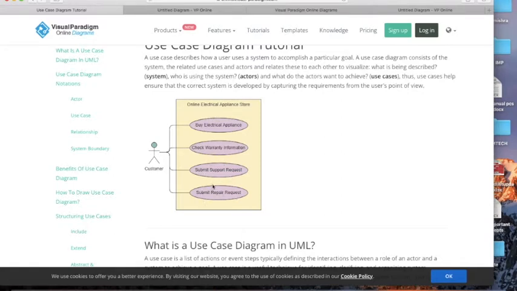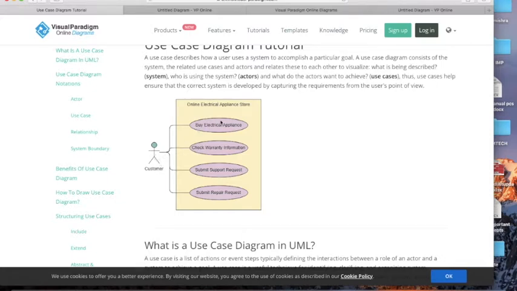These are the use cases required for this overall system, and this is called the actor. Who is the actor here? Customer is the actor here. All these arrows represent the relationship between the actor and the use cases of the overall system, right?